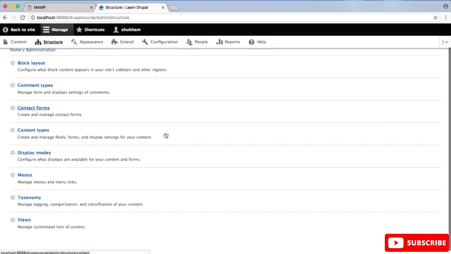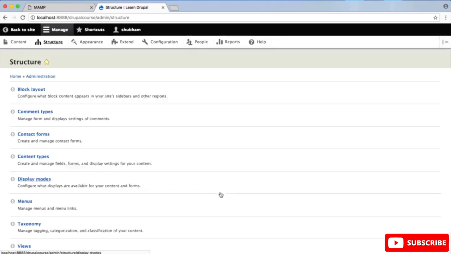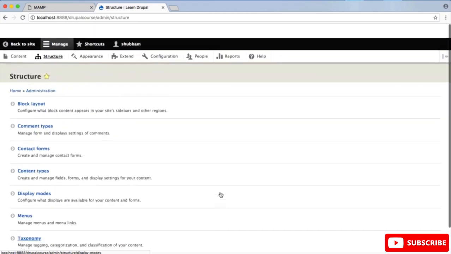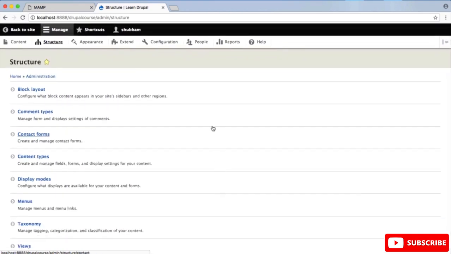You will have the option to manage tagging. You will have the option to customize your menu as well. All of the UI stuff will go in here. Basically here you will have the option which is essential for the structure of your website. Here you will manage the structure of your website and that's it.